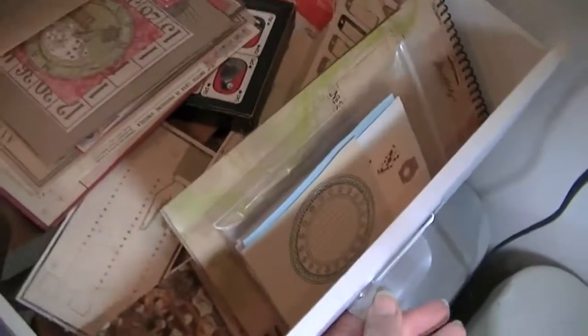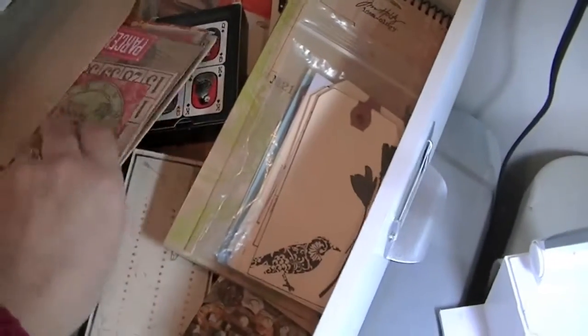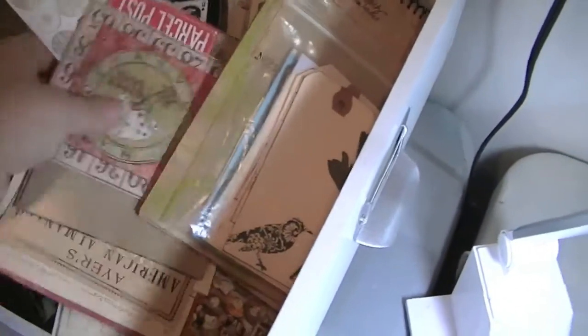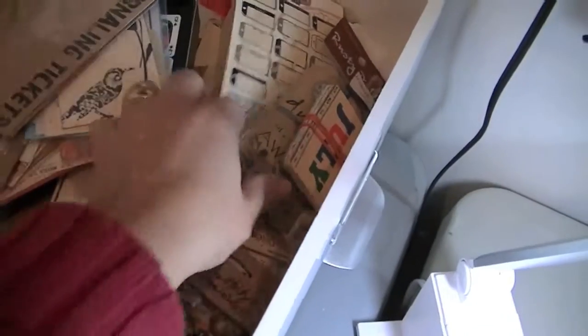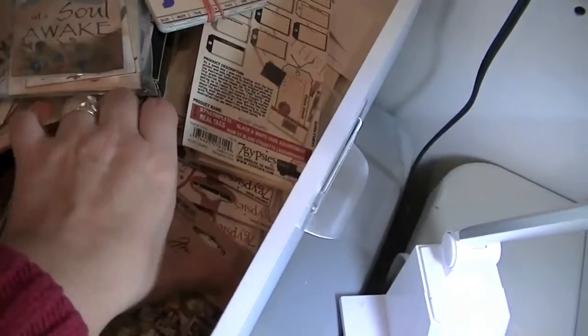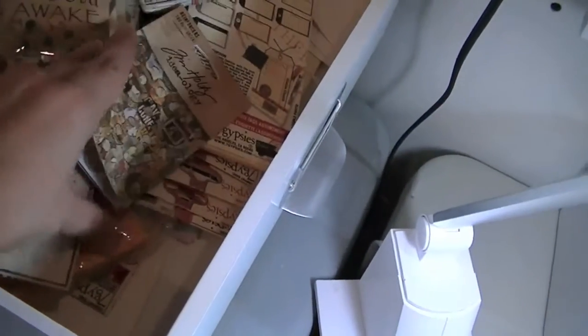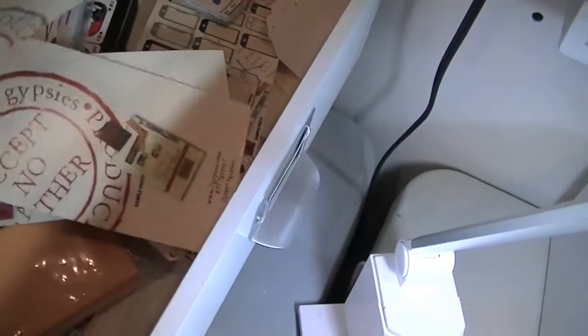Tags. This is everything tag related, tags and envelopes. And this, just the package fell apart. And so I've got these 7 Gypsies ephemera pieces in here too. They're tag-like, so it kind of makes sense for them to be here. These are tags that I've made and haven't used yet. These are those Tim Holtz things, month tags, a little store-bought tag. These are Tim Holtz reinforcers for putting on tags, envelopes, and as you can see, I keep everything pretty